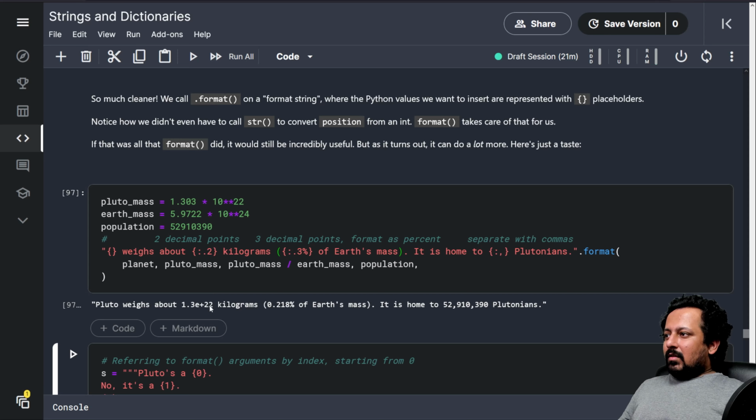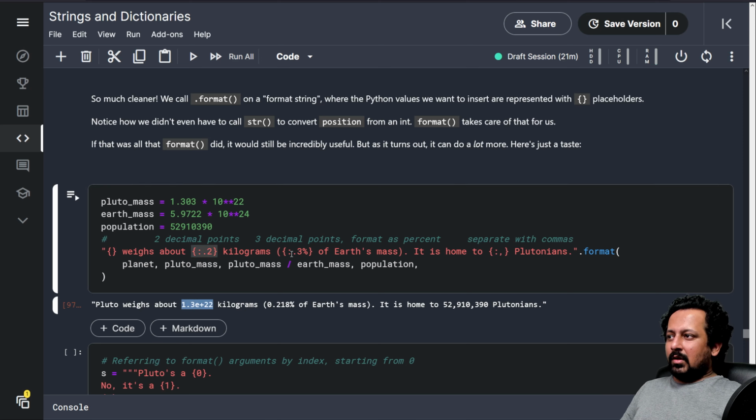Here you see 1.3e+22 kilograms. Pluto is the planet, and Pluto's mass is represented by this, which becomes this number. Then here it's converting to percentage, and here it's just separating this number by commas. It's pretty useful, quite readable.